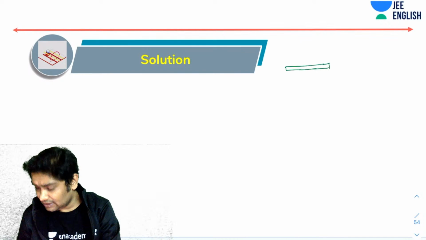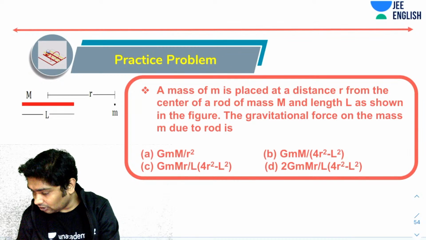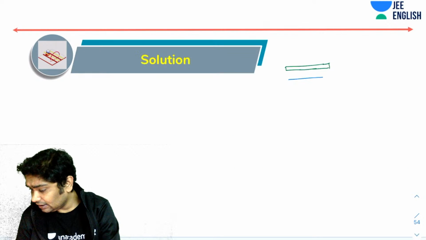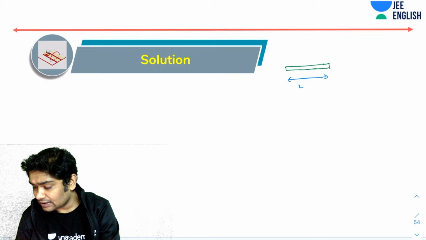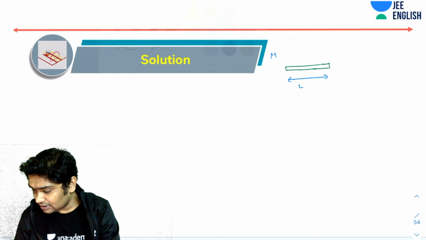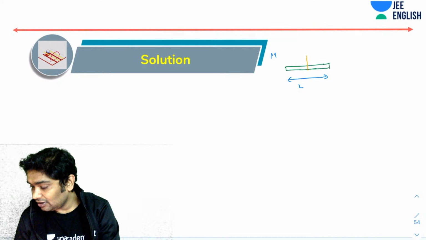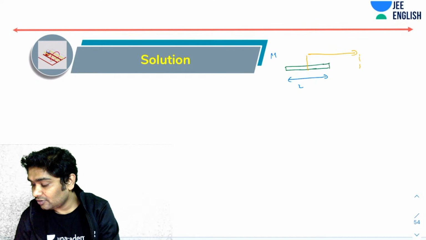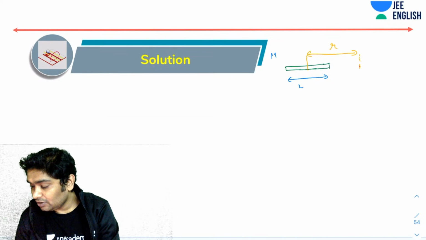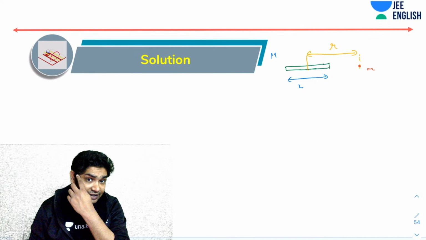Okay, so this is a rod of length L. So length is L, mass is capital M, and the other point is at a distance of R here, and here you have another point mass, right? So if I can find the gravitational field intensity due to the rod,